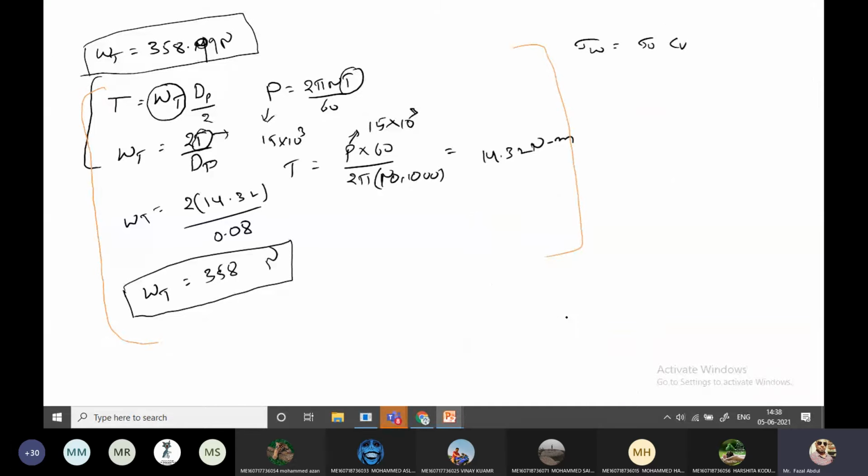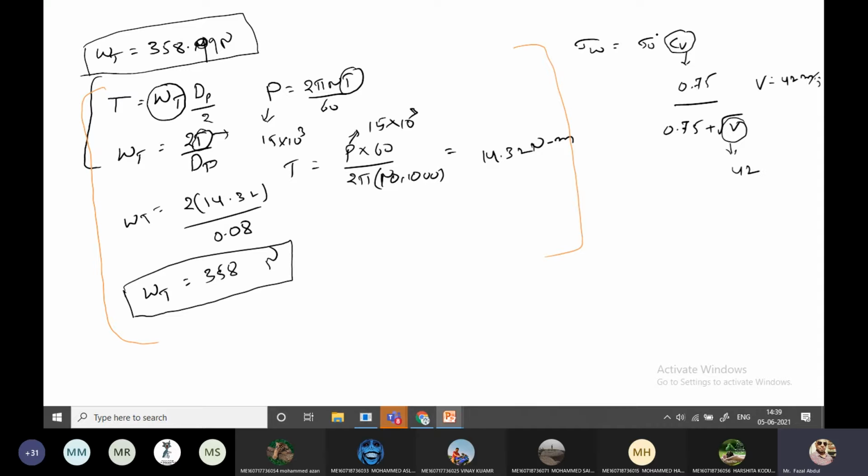So Cv equation I am writing: 0.75 by 0.75 plus square root of V, because V value we got as 42 meter per second. It means it is more than 20 meter per second. So that's the reason I am selecting this equation. Same like that, you have to write the comment. Writing the comments is very important. If you forget to write in the comments, you will get negative marks. Okay. Now velocity, how much we got? 42.